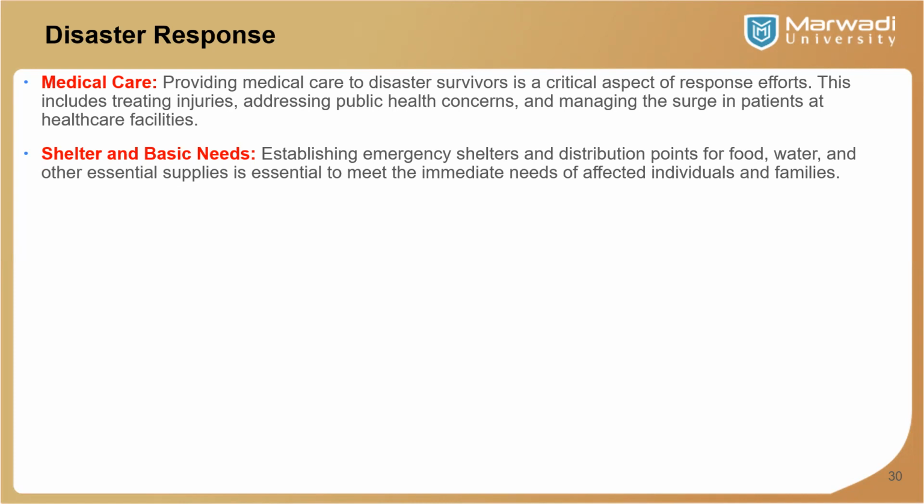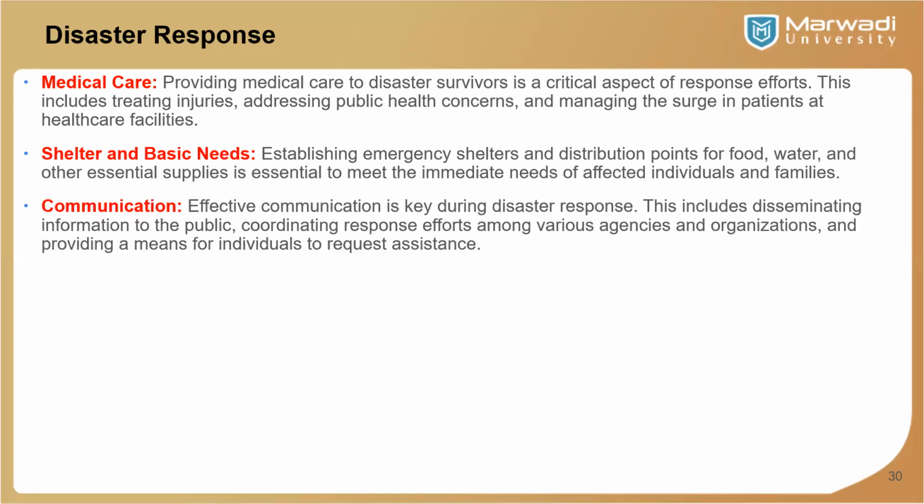Shelter and basic needs. That is, establishing emergency shelters and distribution points for food, water, and other essential supplies is essential to meet the immediate needs of affected individuals and families. Communication. Effective communication is key during disaster response. This includes disseminating information to the public, coordinating response efforts among various agencies and organizations, and providing a means for